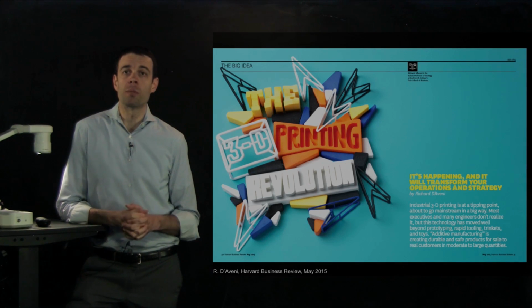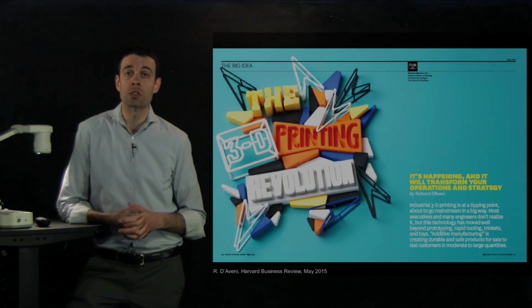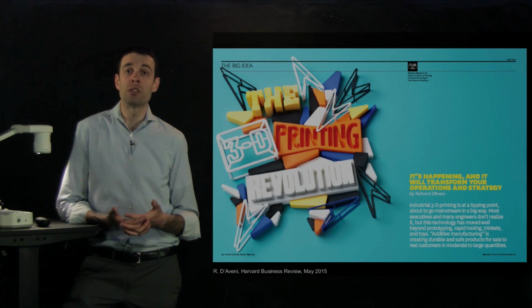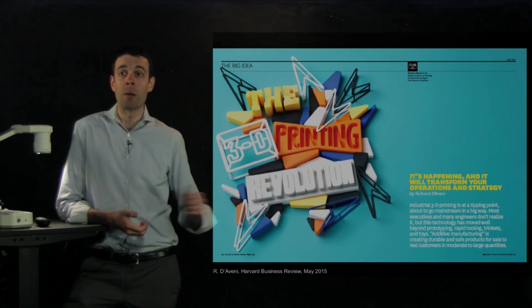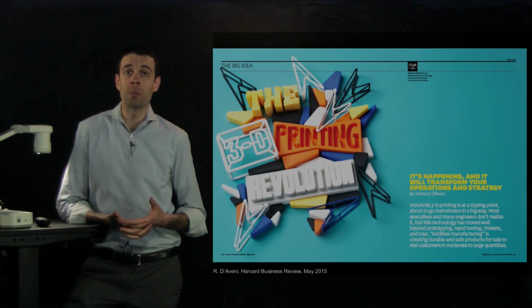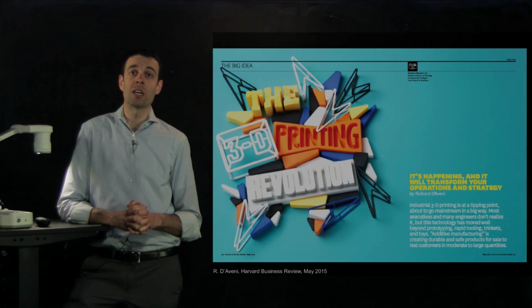Or perhaps not a revolution, but a renaissance, where the capabilities of 3D printing and additive manufacturing will allow us to rethink how we design and manufacture our products and how we define business models for manufacturing at scale. Now, this article was recently published in the Harvard Business Review, and it says that 3D printing is going to transform the operations and strategy of a variety of companies, and many companies are starting to think of that